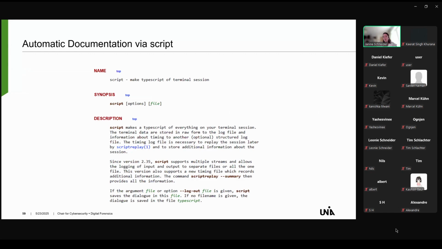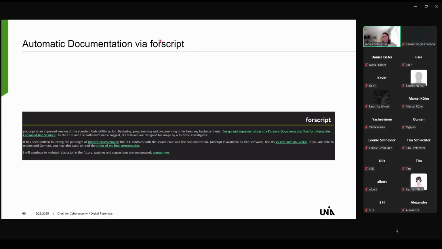There's also the possibility to automatically document the analysis phase, for example, with script. But script has a couple of problems. For example, it also documents control characters and stuff like that. Then you have to filter the output at the end. And this is actually a manipulation of the documentation. So somebody came up with the idea of FORScript, so for forensic script or script for forensics. It's a little bit better than only script, but it's pretty old and also has some problems. So automatic documentation is currently still